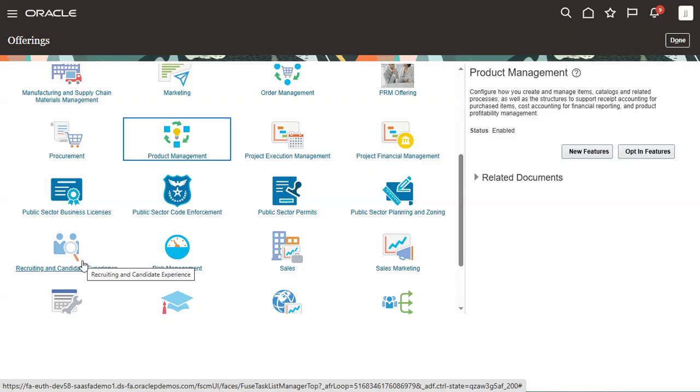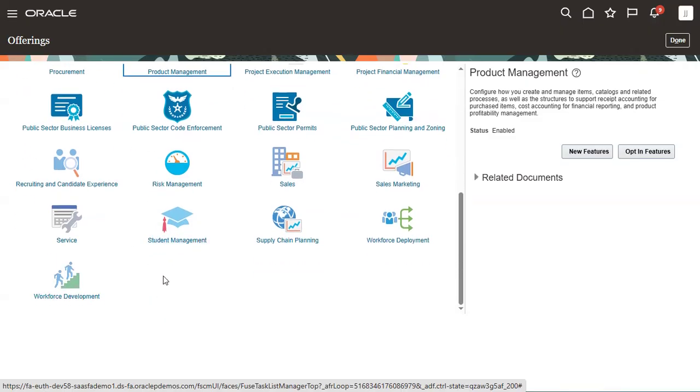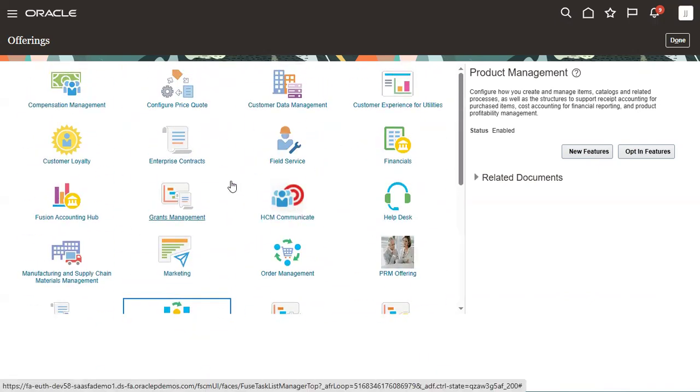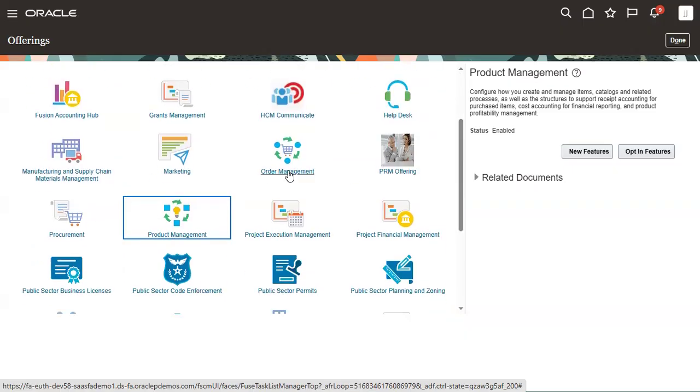This is for the recruitment module. If there are some universities who want to maintain the ERP for their entire transactions, they can use this. And supply chain planning, we see all this here. But I don't see Human Capital Management, right? Okay, finance is here. Then supply chain management is here. Order management, inventory, procurement, all this. Then where is